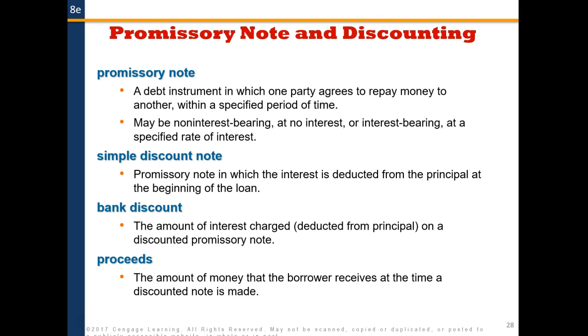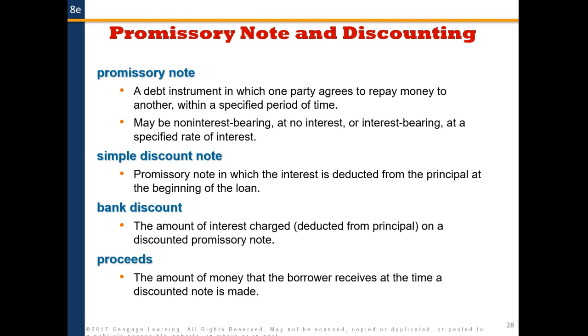All right, now we're coming on to section 3 of this chapter, and I think I mentioned in class that we are just going to really skim through this, so I'm just going to briefly go over this. I want you to kind of know what it is, but we're not going to spend a lot of time doing this. So a promissory note is the document that says that